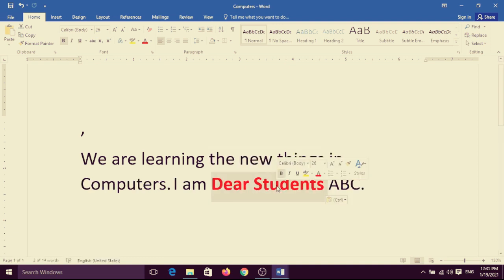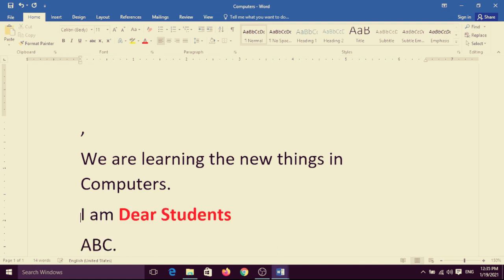If I want to move the text to a new line, just press the enter button and it will move to a new line. Very simple.